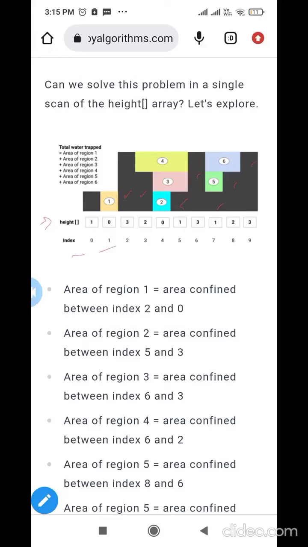Inside that for loop, we'll keep on pushing these indexes into a stack: 0, 1, 2, 3, 4. So it will be like this. Initially 0 will be pushed, then 1, and so on. But we will do some pop operations also, only at that point where